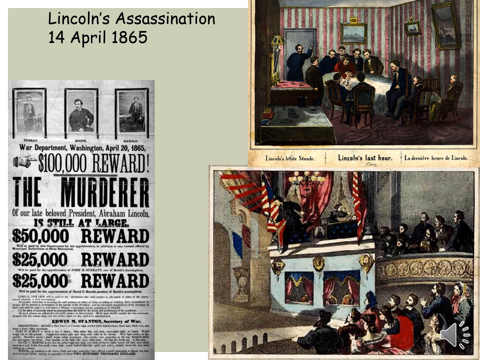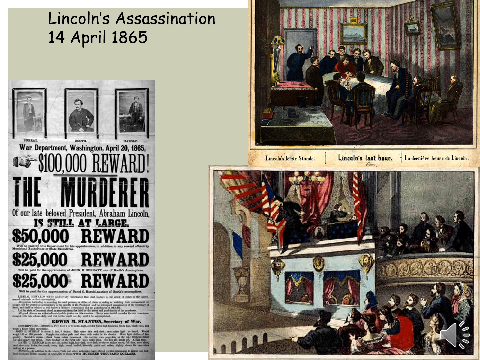The bullet entered the left rear of Lincoln's skull, traveled across his brain pan, the lower part of his brain, and lodged behind his right eye. And as you can imagine, this is a fatal wound. It's fatal. There's no coming back from that. Lincoln went into an immediate coma. And that picture that you see there in the upper right, that's kind of an image of him, dying.